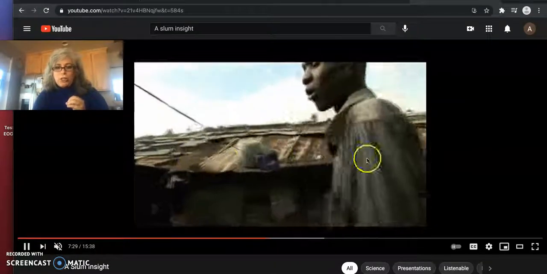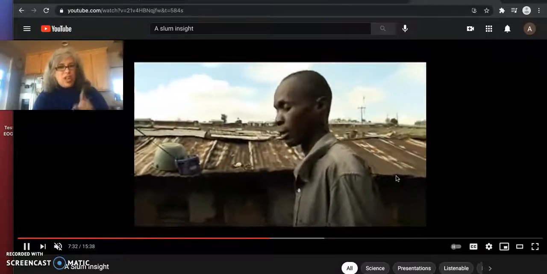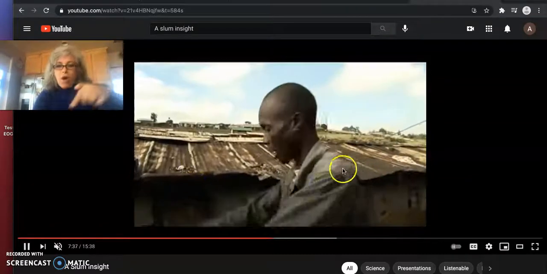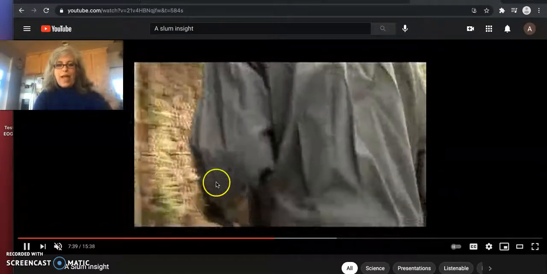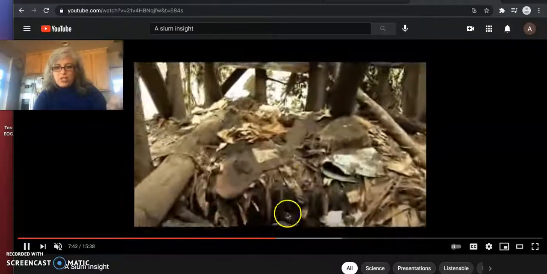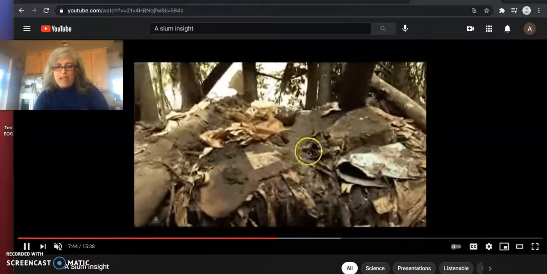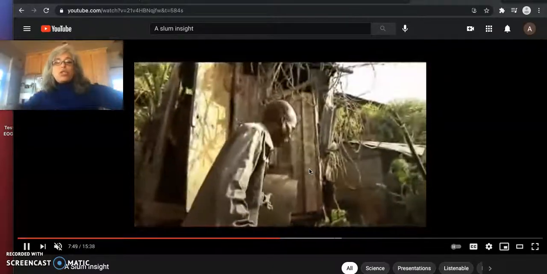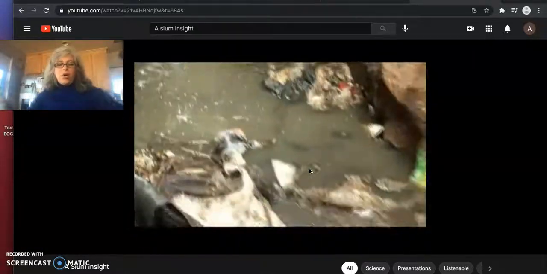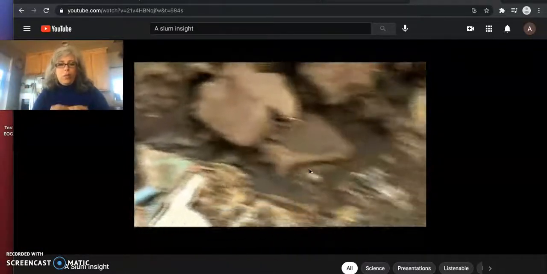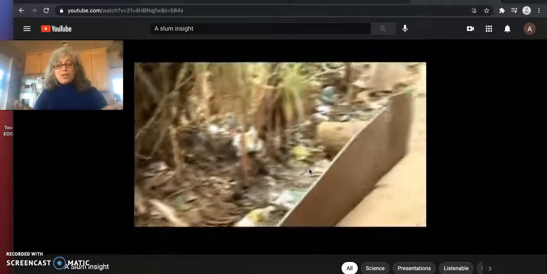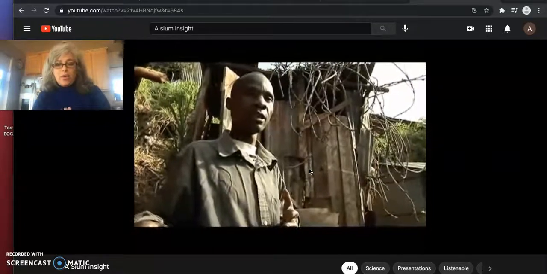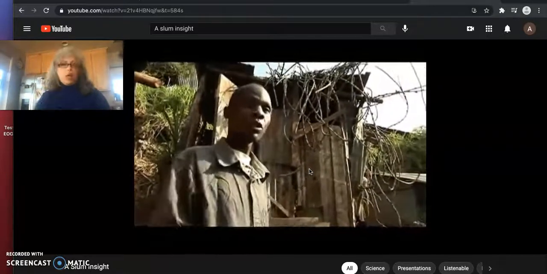This drainage ditch between the shacks, it's not just a drainage ditch. He's going to show you the outhouse that's uphill from all of these shacks. This is the public outhouse. It's essentially just a bar to stand on and squat and pee and poo and all kinds of waste running down the hill into people's houses. So even though he had a life chance for clean water, he has no chance to have a long, healthy life as far as human development goes, because this sanitation is so poor.